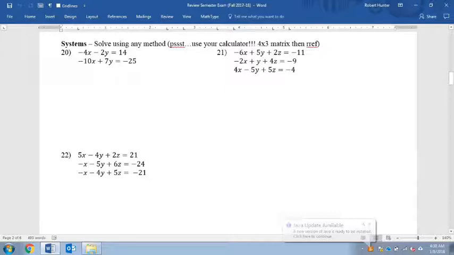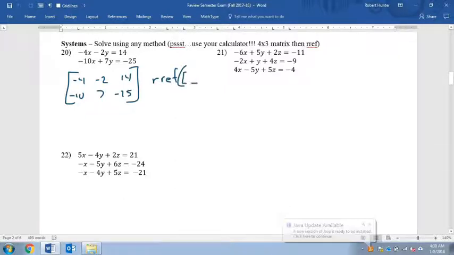Remember, these got to be in order. You got the x's first, then the y's, then the equals. Okay, so let's just put them in a matrix: -4, -2, 14, -10, 7, -25. Stick it in your calculator and use RREF,